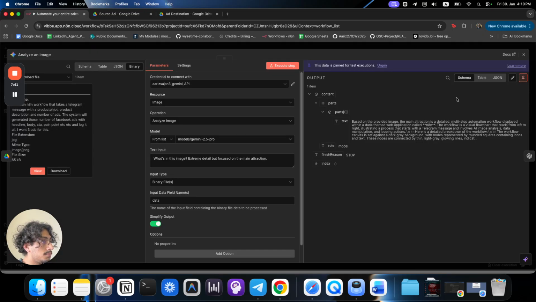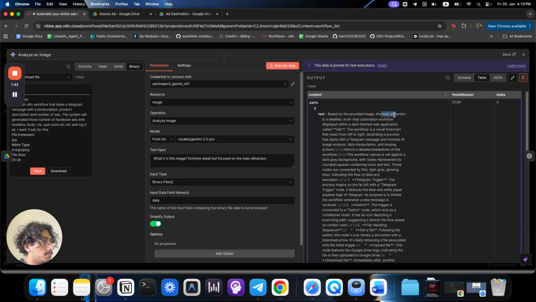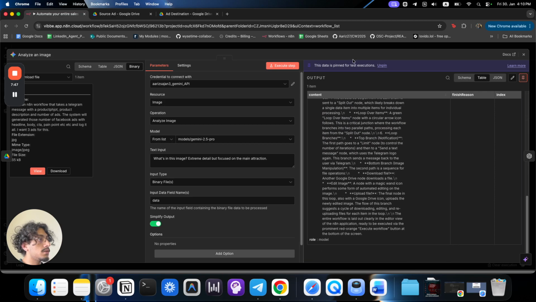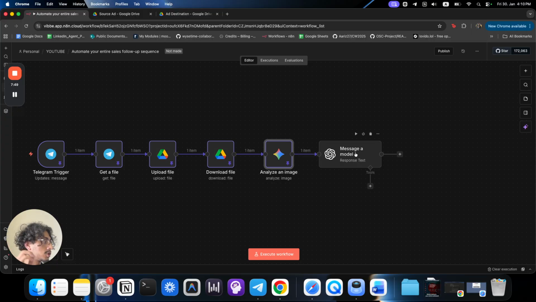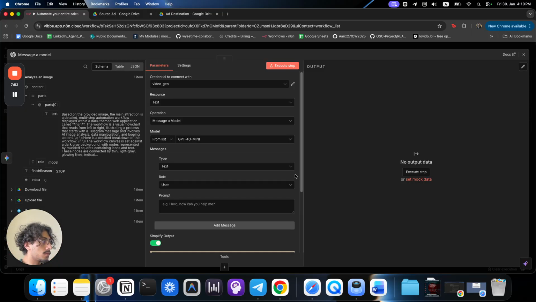So if I look at it, based on the provided image, the main attraction is a detailed multi-step automation workflow displayed with a dark theme web application in N8N. Okay, so we have a very good, clear description of what this is, right? Perfect. Now here we're going to write a user prompt,